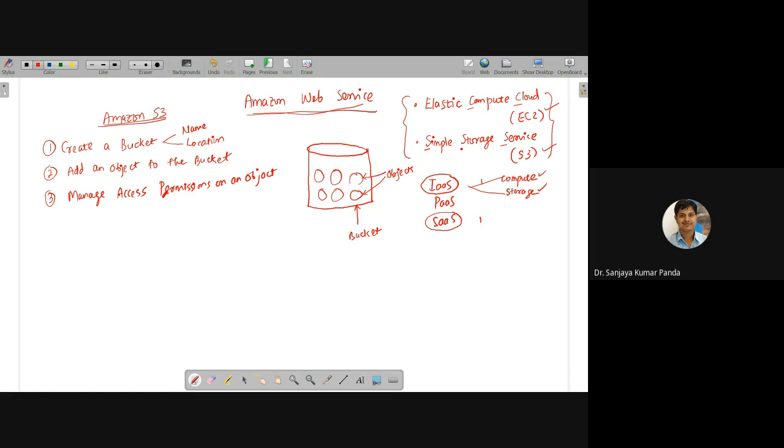For example, you want to make a particular object public, another object private. Or you want the entire bucket to be private. So these are nothing but the permissions. Permissions means either it is public so that anybody can access, or private, which means it is limited to one individual or to a particular group.